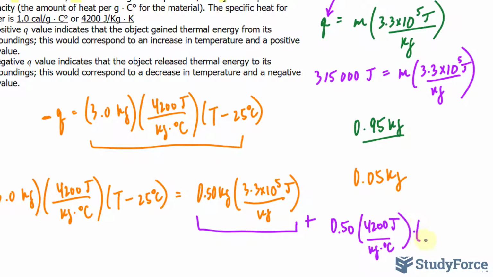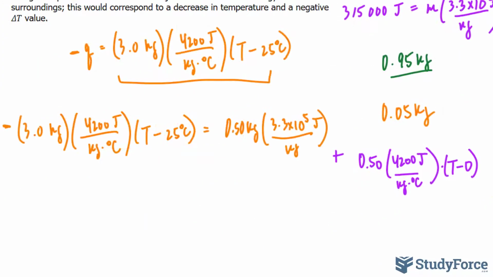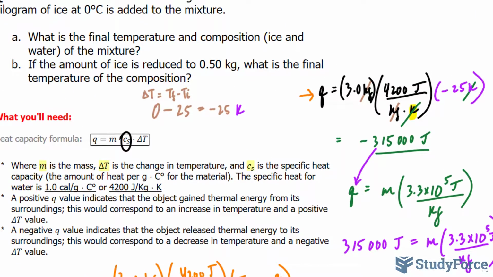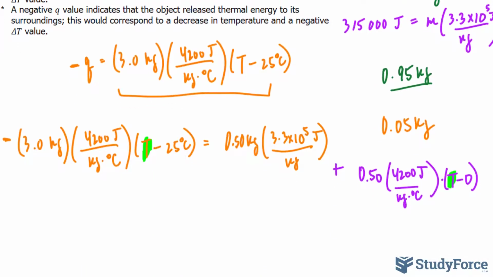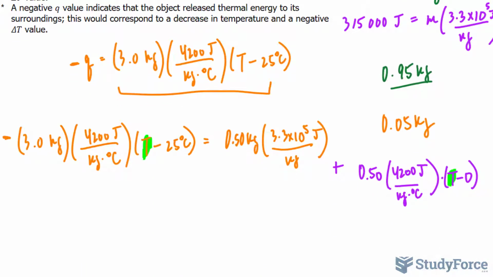And we don't know the final temperature. We know it's going to be between 0 and 25 minus the initial of 0. If we solve for T, we will find out exactly what question B is asking us for, the final temperature. And this is very similar to the problem that I did in the previous video, which is now linked on your screen. So rather than wasting your time, and it's really not that hard, you multiply these out, 0.5 times